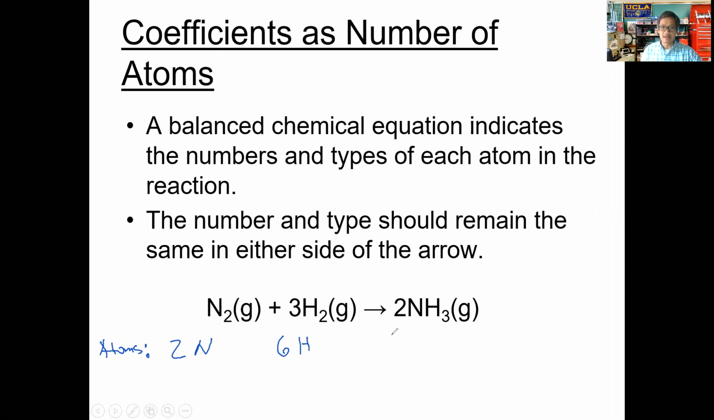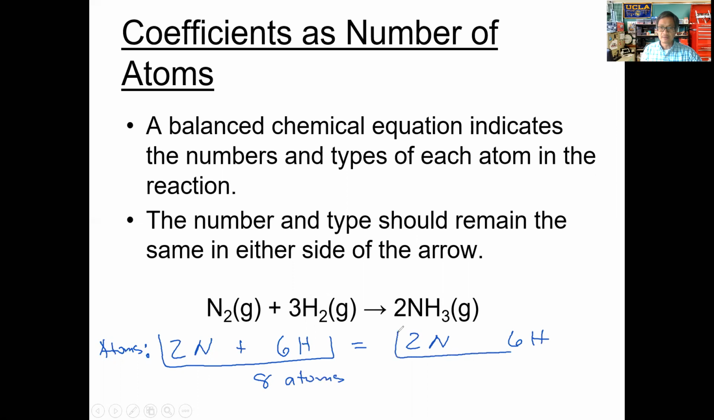So we have 6 hydrogen atoms here. On the right-hand side, we form ammonia. That's a molecule, but we have 2 of those. So if we have 2 of those, we will end up with 2 nitrogen atoms and 6 hydrogen atoms, which is what we expect should happen if the equation is balanced correctly, so that we have a total of 8 atoms on the left-hand side